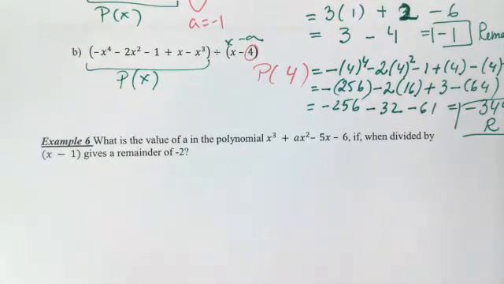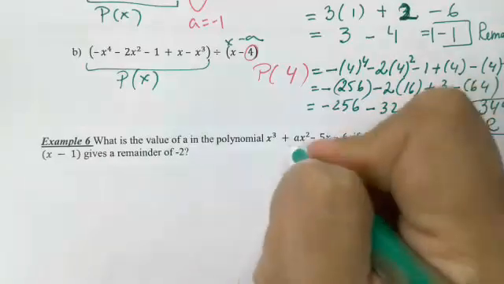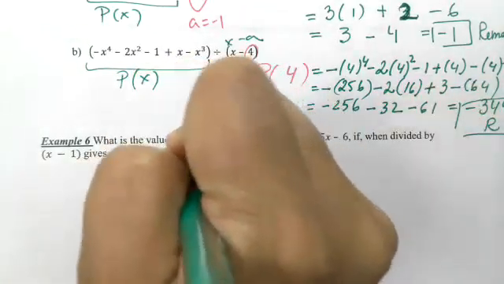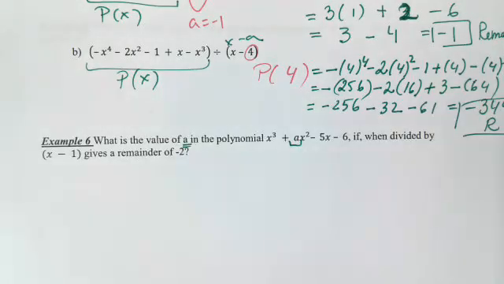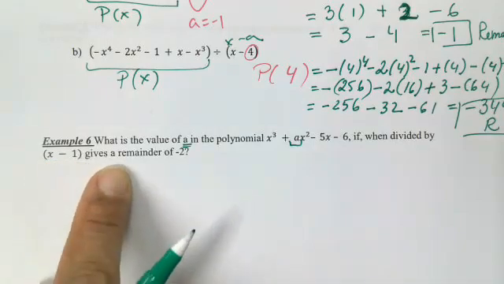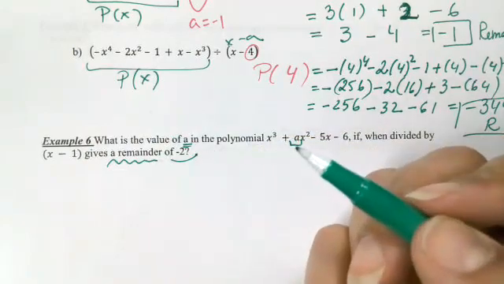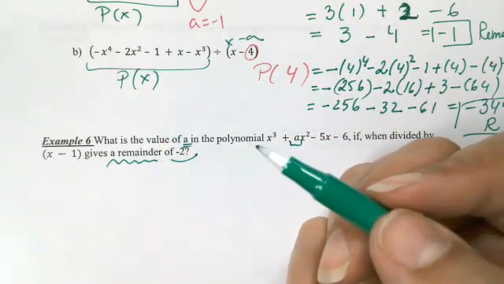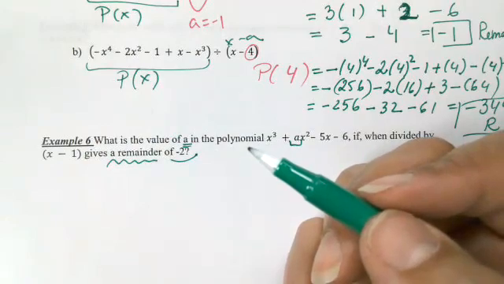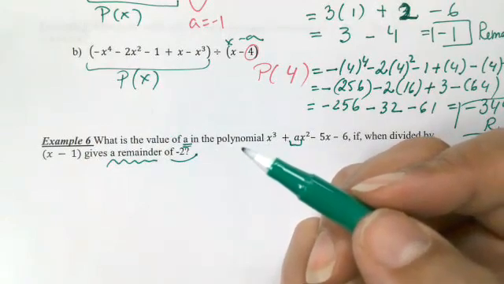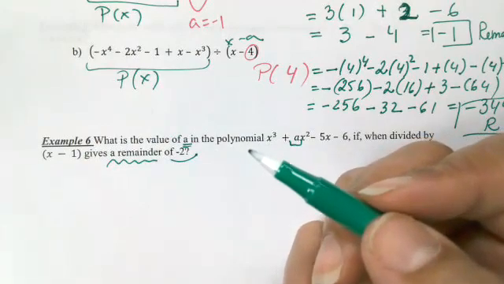Now here's an application or different kind of question that uses the factor theorem. What is the value of a in the polynomial x cubed plus a, this is the a they refer to, minus 5x minus 6, if when divided by x minus 1 gives a remainder of 2. So when you have a question like that, that talks about the remainder, because you're doing polynomial theorems, you got to remember you've learned a polynomial theorem that has a remainder